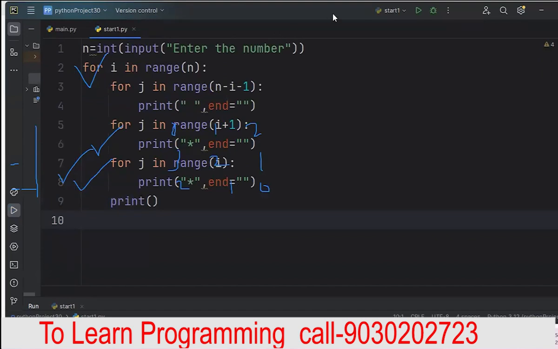So if you want this one, do one thing. You try this pattern by yourself. I'm showing you this pattern again. First you try. If you are not getting it, then only see the video. What is the pattern? I want